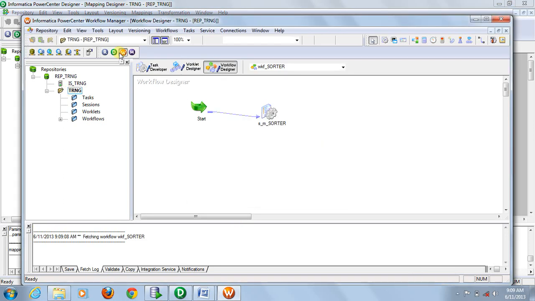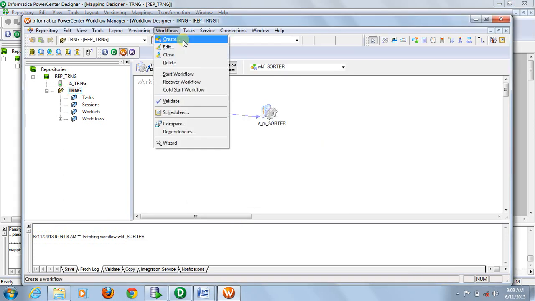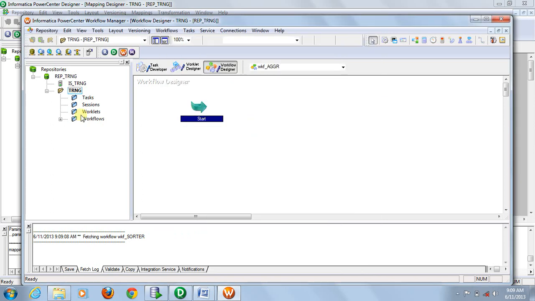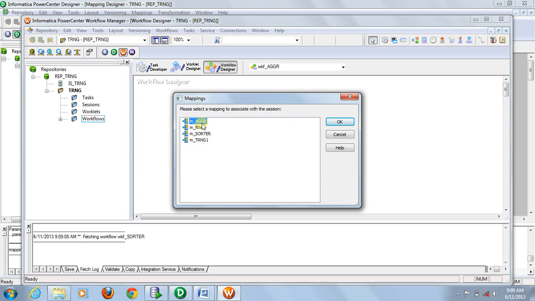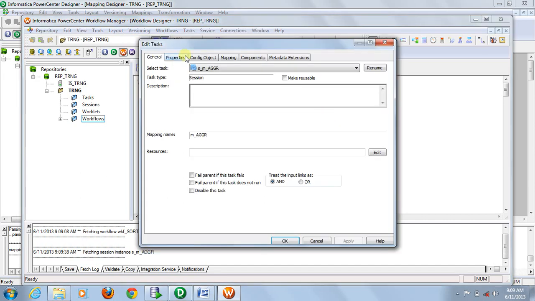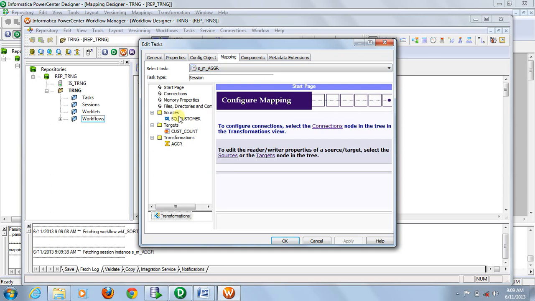I have to create a workflow and session. Create a workflow. Now click on task. Create a task. Task has been created. Now link those. Now go to session property. Provide a connection name.